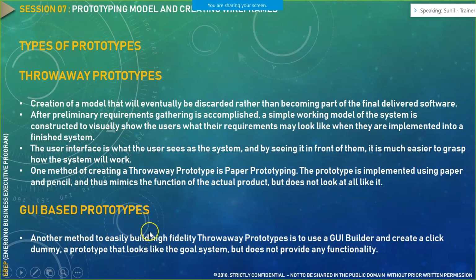Then comes your GUI based prototypes. So these prototypes are more of interaction in nature. So we have the actual interaction happening in place when we talk about GUI based prototype. Now you can design this prototype using simple Excel. You can design this prototype using a specific designing tool like your Azure, or for that matter, Just in Mind. There are multiple software that are available in today's scenario wherein you are able to develop this GUI based prototype.